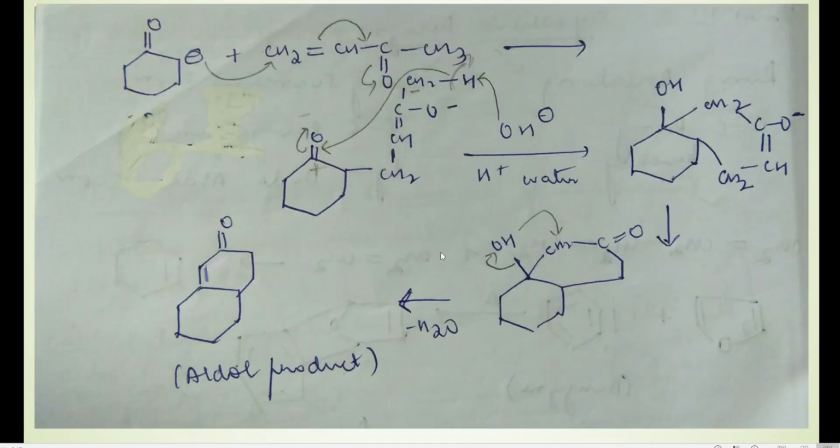In the same way, here is the second example under Robinson's annulation. Since you have already written one mechanism, I hope you know how to write the mechanism for this. This is a slightly different type of example, but the mechanism of the reaction proceeding is the same as that of the previous one. So here we are taking a different type of reactant in the presence of base, and an additional ring is formed by the end of the reaction. So let us study how the reaction proceeds. First, you will take NaOH, which dissociates to give Na plus and OH minus.